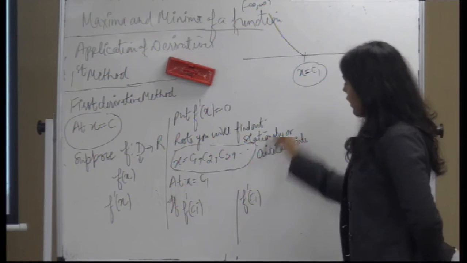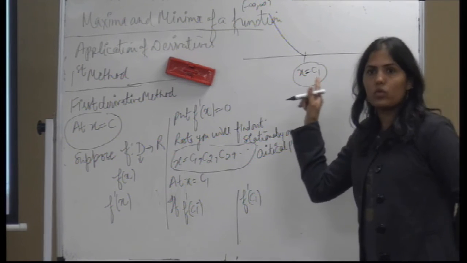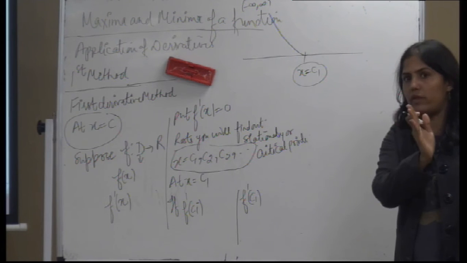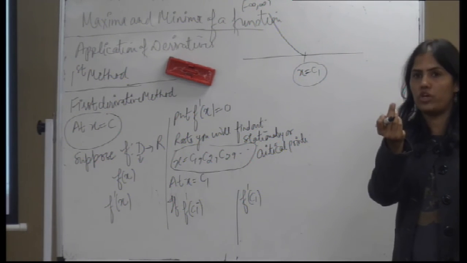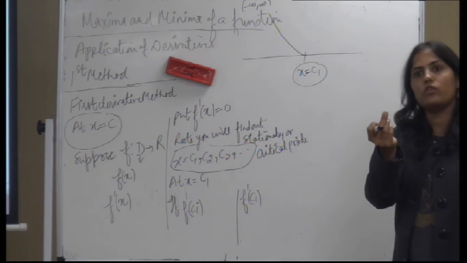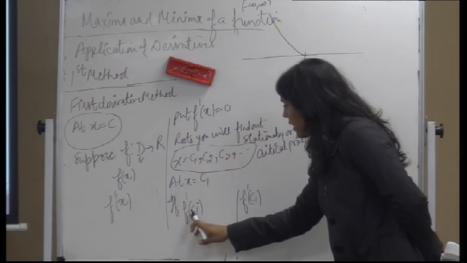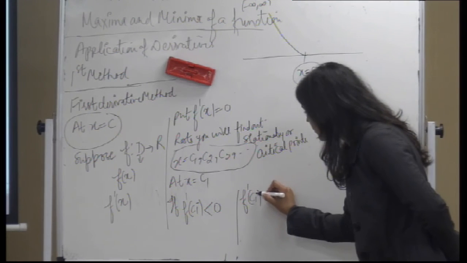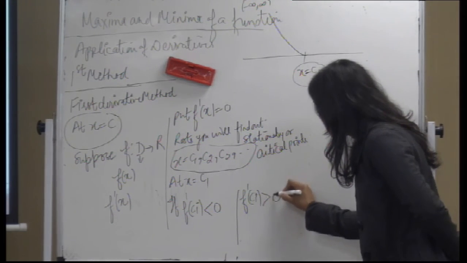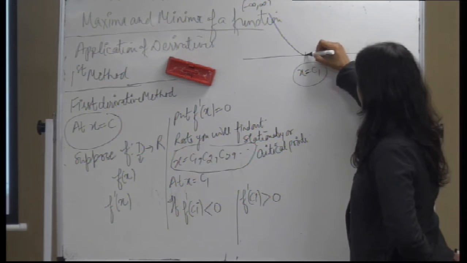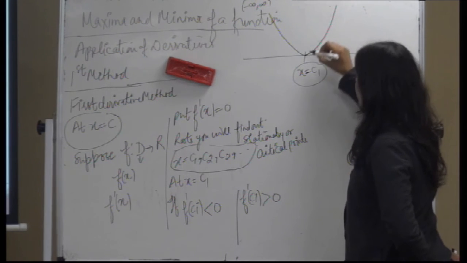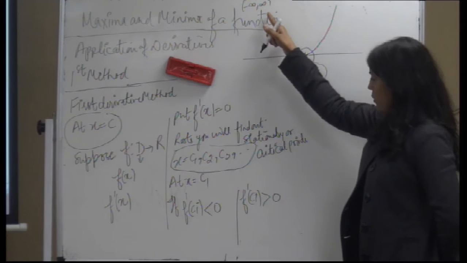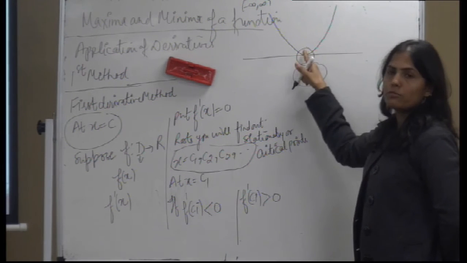At c1, you take points left of c1, a little change, c1 minus h with h tending to 0. If f dash c1 minus is negative and f dash c1 plus is positive, positive means it started increasing. So if it is changing from negative to positive,